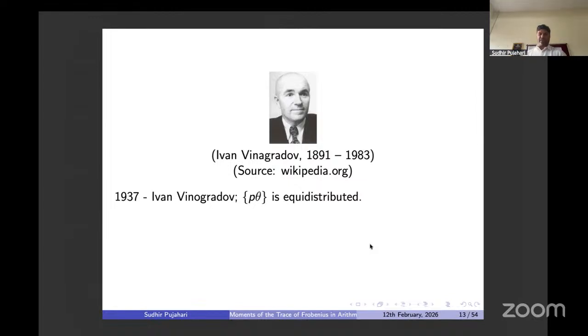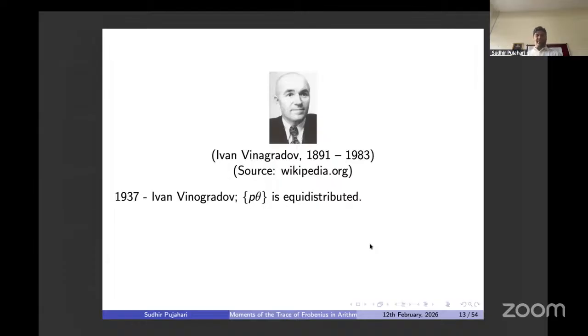So he has to come up with new techniques to estimate those kinds of sums. In particular, if you choose any polynomial where one of the coefficients is irrational, then P of n theta is going to be equidistributed. That's Weyl's result. But one of the very famous results in this topic is P theta, which is due to Vinogradov, where P is prime and theta is irrational. They are going to be equidistributed.